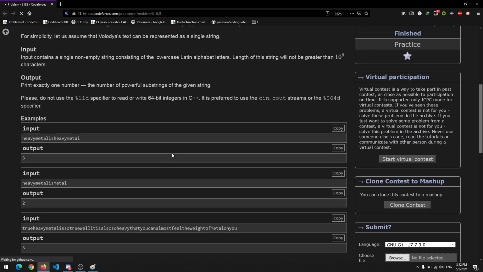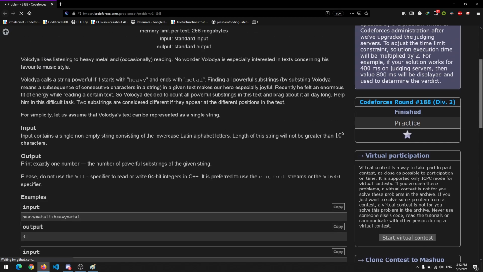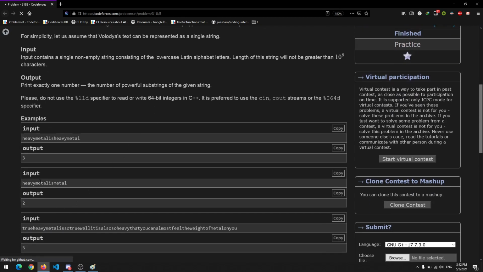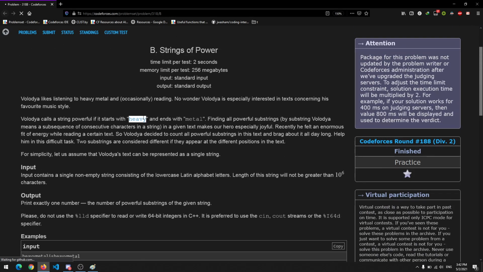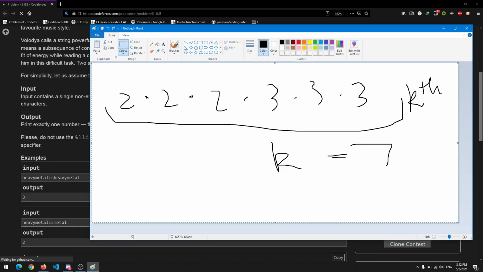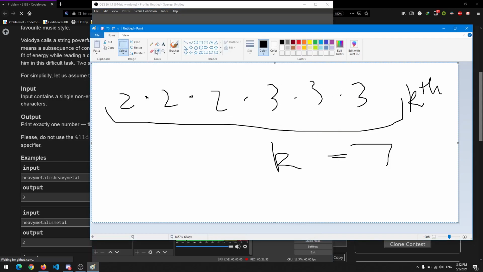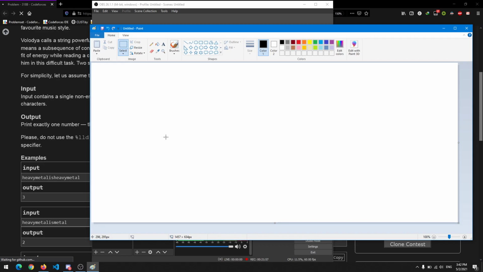Yeah, okay. So this one is rather simple. We just have to find how many substrings are possible which begin with heavy and end with metal. Also, they don't have to be distinct. What do I mean by that is